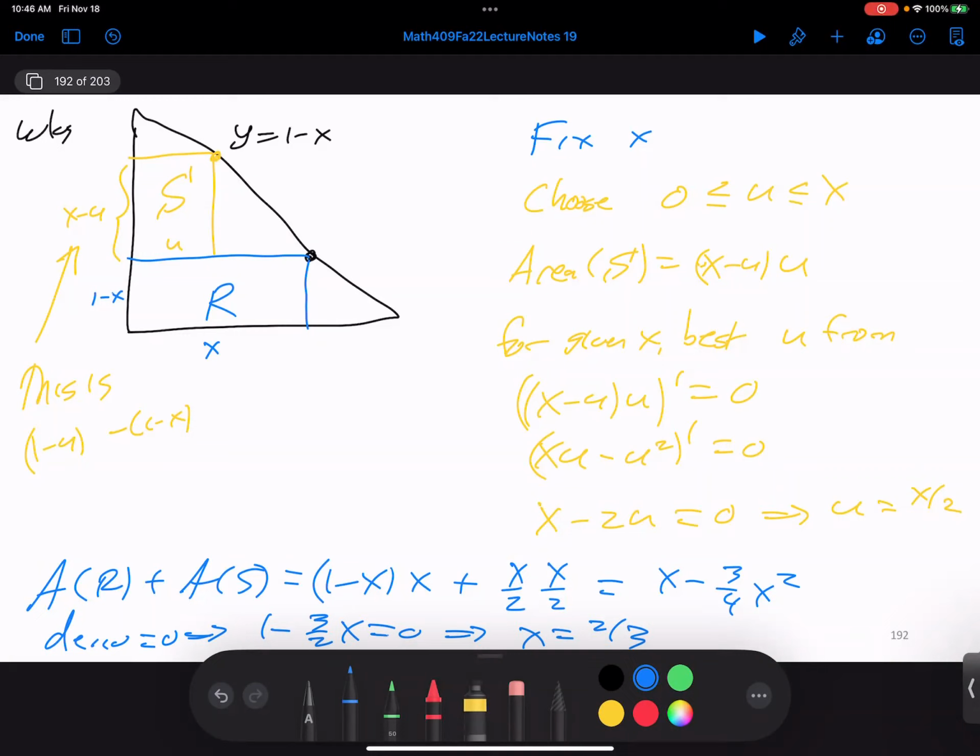So rather than doing it as a multivariable problem with both A and B, what I did is I did it as a series of one variable optimization problems. First, fix an arbitrary x, and then say for that rectangle, what's the best we can do with what remains? Then we vary x. That's very different than saying, I'm first going to optimize where I put the x and then optimize what comes afterwards. So it's a slight difference in how we do it, but this is a way to bypass multivariable